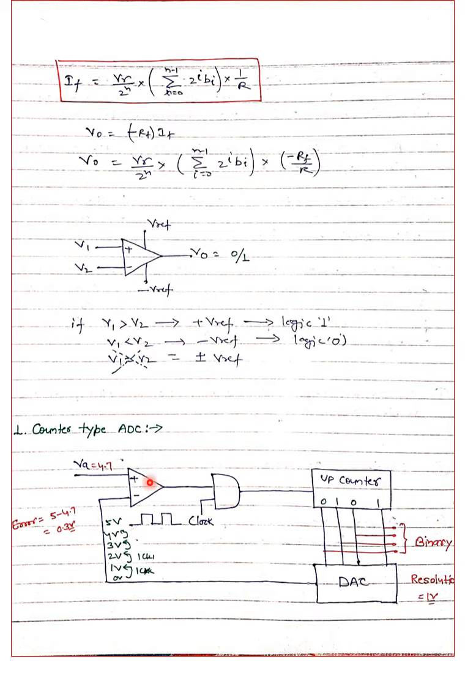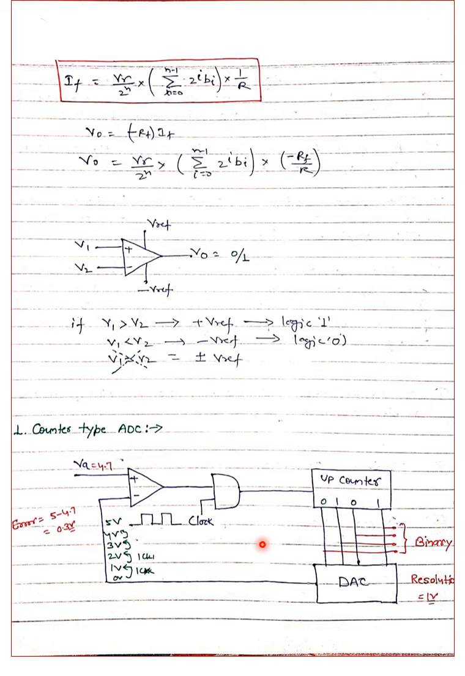So this is the circuitry, or the block diagram, of a counter type ADC. You can see here is an operational amplifier which works as a comparator. Then we have a two-input AND gate, whose one input is the output of the operational amplifier and the second input is the clock signal. Then the output of the AND gate is fed to an up counter, a 4-bit up counter,